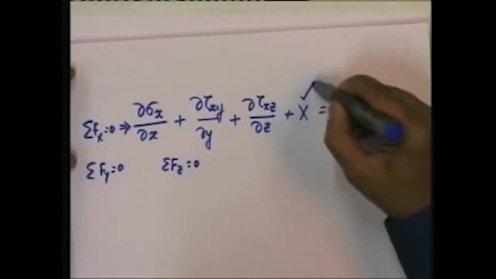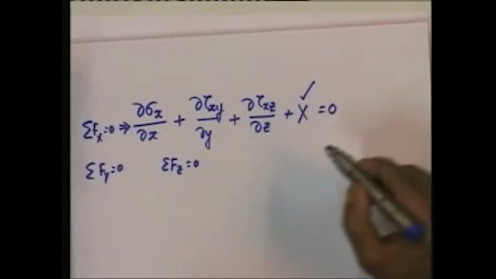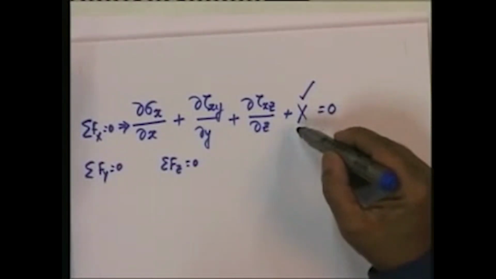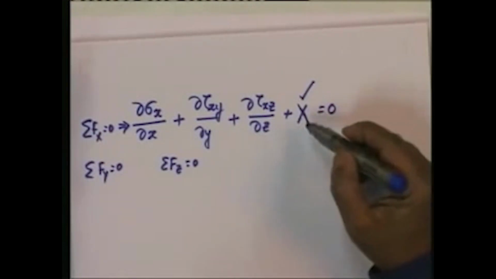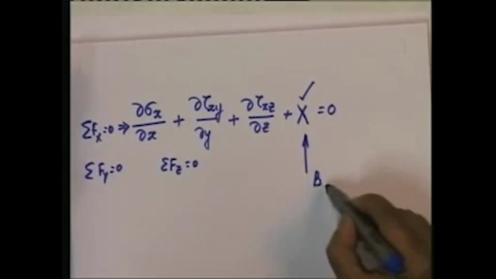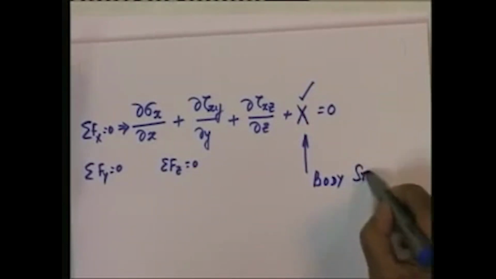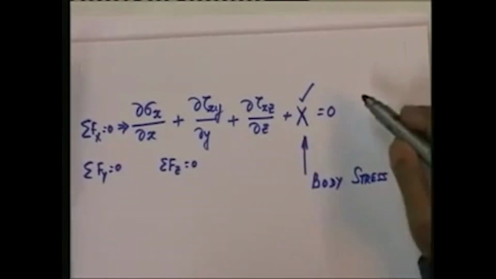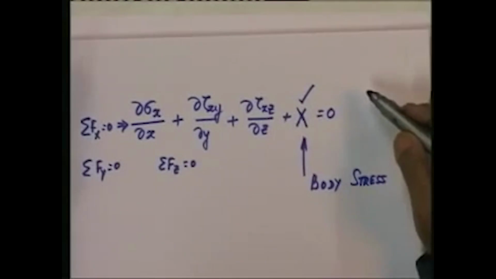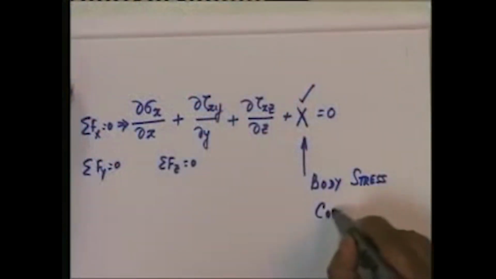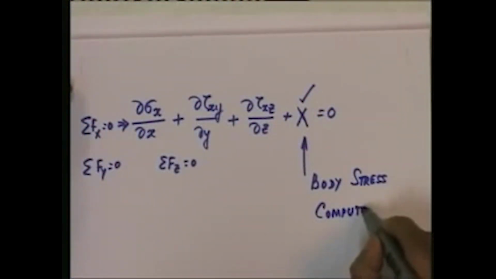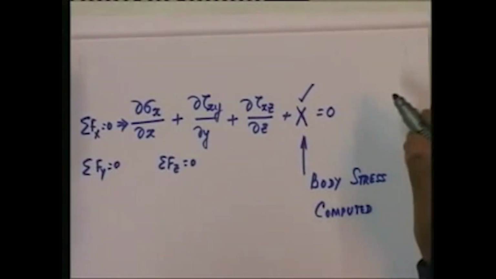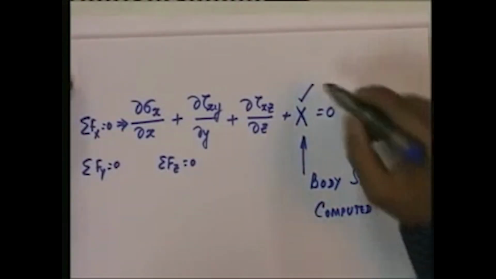Now, we have one extra term here. This is nothing but the force that is arising due to the weight of the material, and this is known as the body stress. This is expressed as stress per unit volume. Now, this body stress can be computed just as we can compute the volume and weight of a parallelepiped. The body stress per unit volume is therefore something which can be computed straight away, which can be determined straight away without the use of even theory of elasticity,